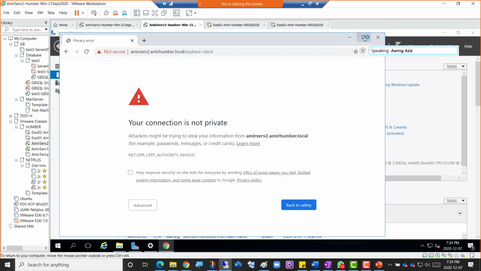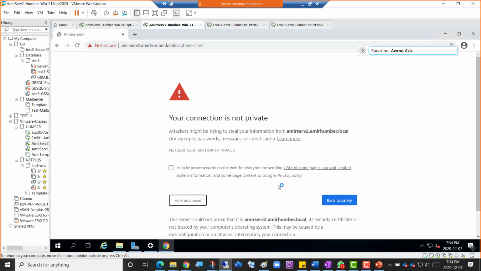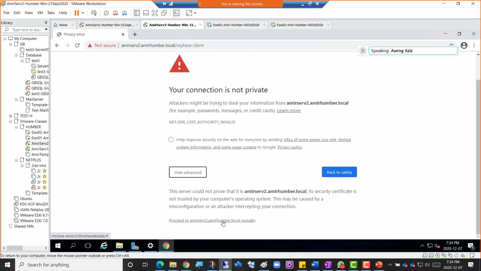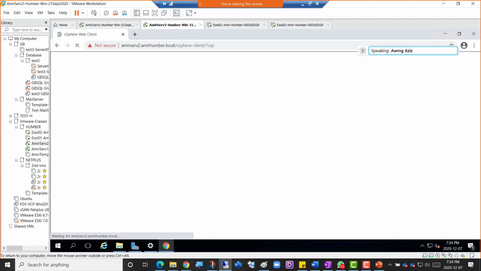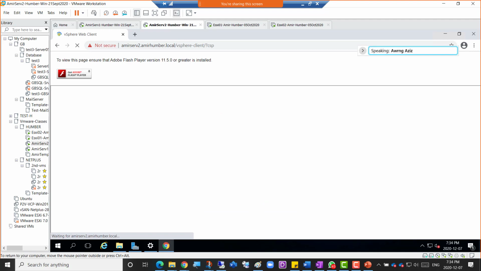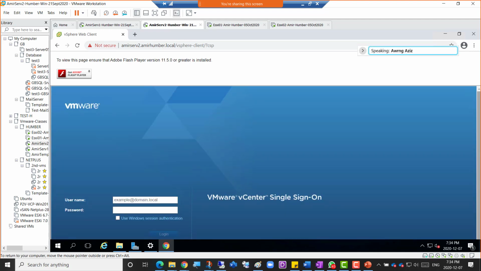vSphere.com. So this username and password, which should it be? It said unfortunately, so it means I did something wrong. Yeah, it's administrator. I'll just type it there as well: administrator at vsphere.local. It's not dot, it's at. And the password, if you have been given the class password, then it is this. It's in the chat now. Okay, thank you.